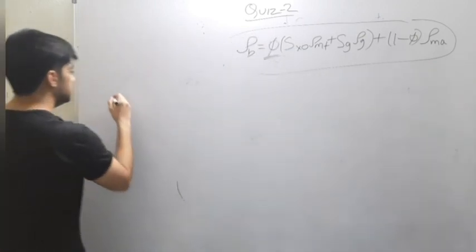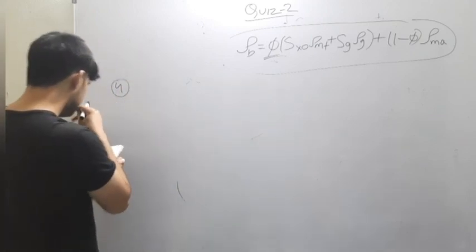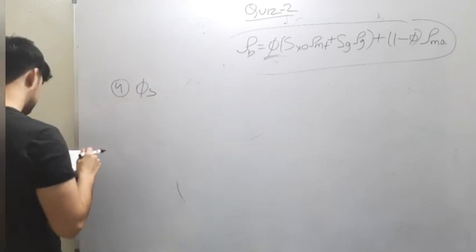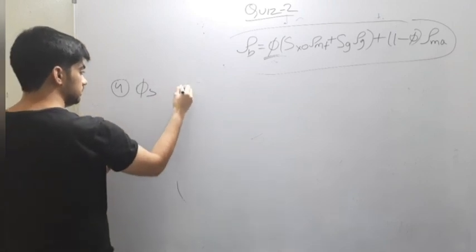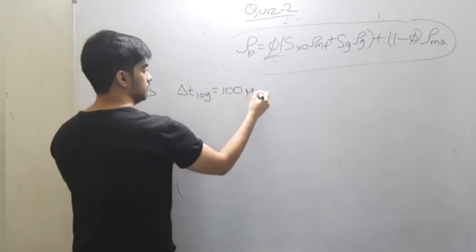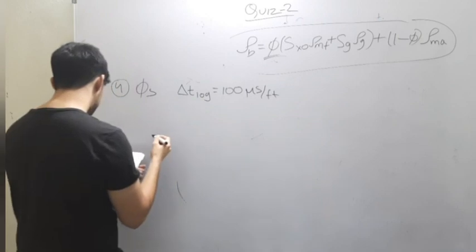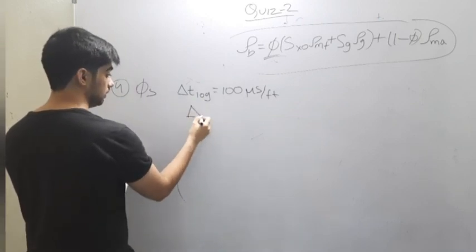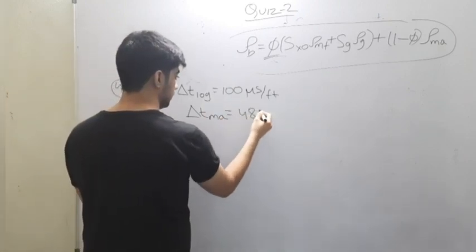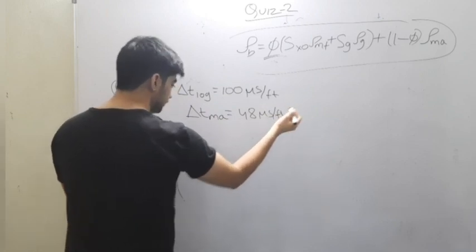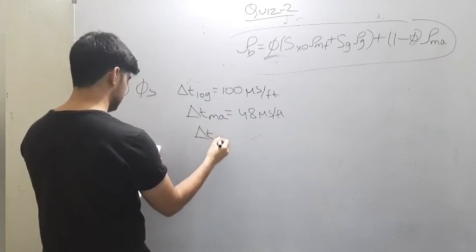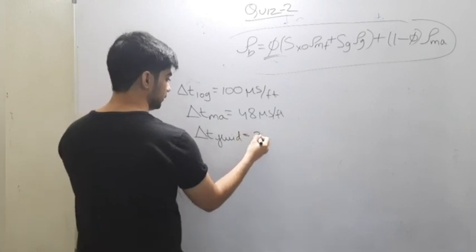Now let us talk about the second numerical. It is asking to calculate sonic porosity in a sandy shale formation, and the readings are given as 100 microsecond per feet, slowness for the matrix is 48 microsecond per foot, and the transit time for the fluid is 200